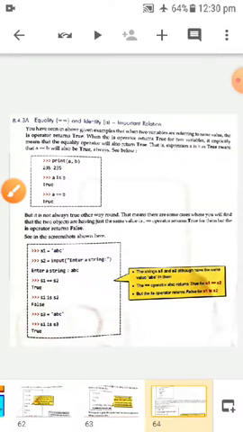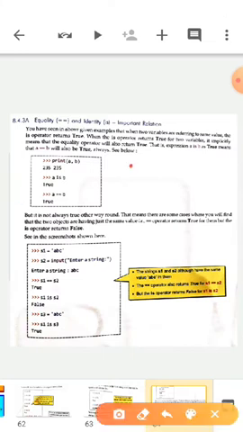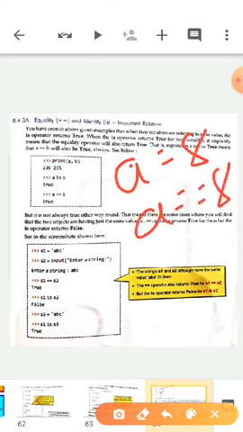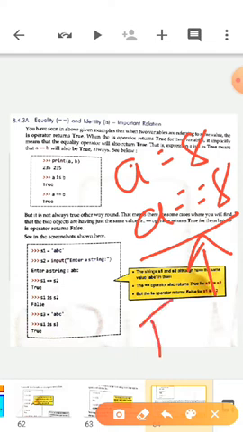Now equality and identity. Again I told you what is the difference between a == 8 and a = 8. Here the computer wants to know whether a variable is having the value 8 or not. If it is having it, you will get a true answer. If it is not, you will get a false answer. And in the above statement, a is assigned 8, it means a is a variable and you are assigning a new value 8. Okay, you are getting my point.